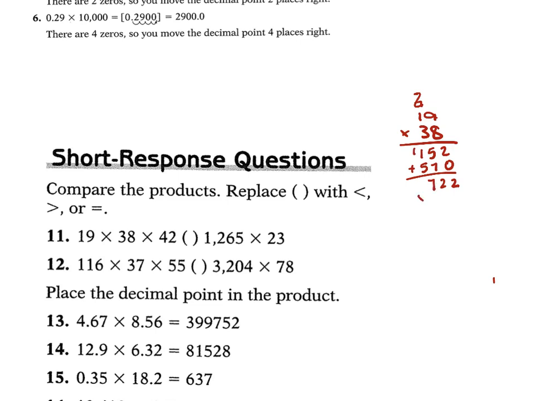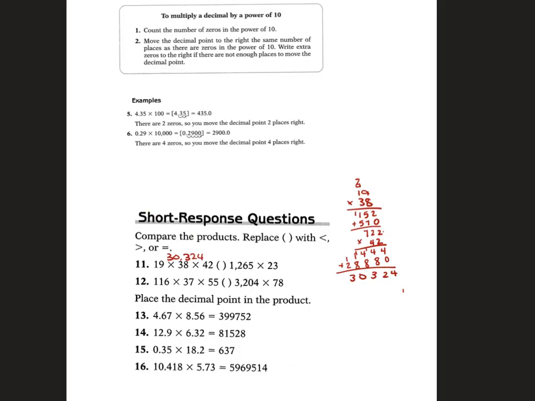From there, we're going to multiply that by 42. So we have 2 times 2, which is 4. 2 times 2 again is 4. 2 times 7 is 14. Add your 0, move to the 4. 4 times 2 is 8. 4 times 2 is 8. 4 times 7 is 28. Add these, we have a 4, a 12, a 13, a 10, and a 3. So this side is 30,324. On the right side, we have